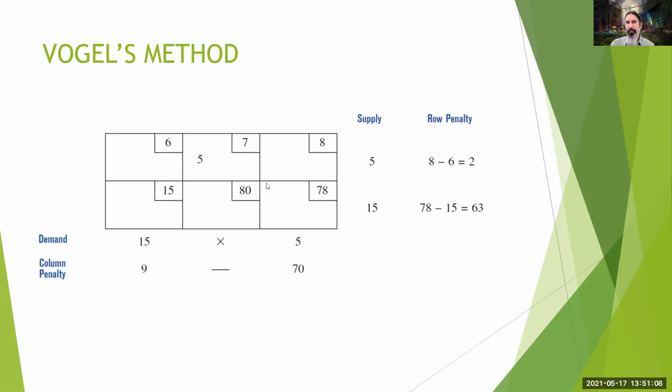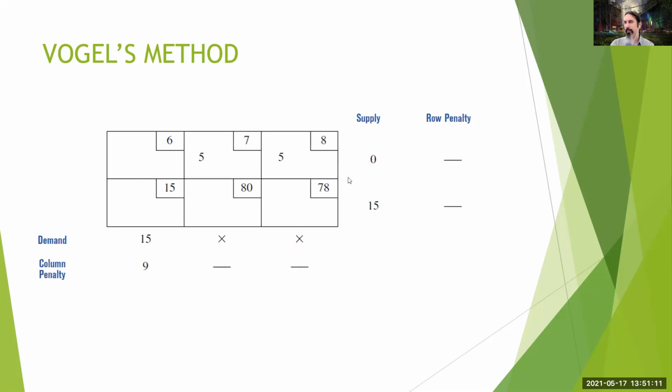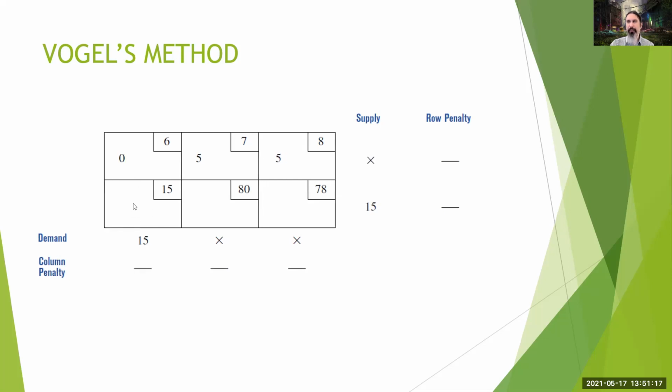It doesn't really matter which one I pick. I'm probably going to give it to this one. Yes, supply is 0 over here, and this one is limited. So it's going to get a value of 0 here. And this one is going to get a value of 15 over here. And we're done. Because of the starting point, Vogel has probably given us the best answer, but we have to